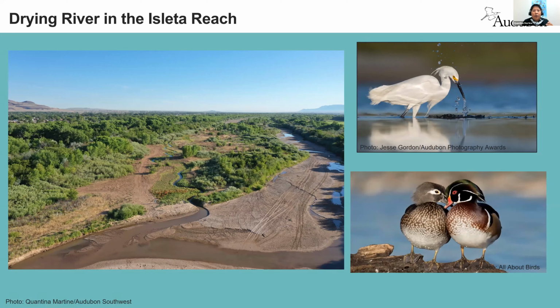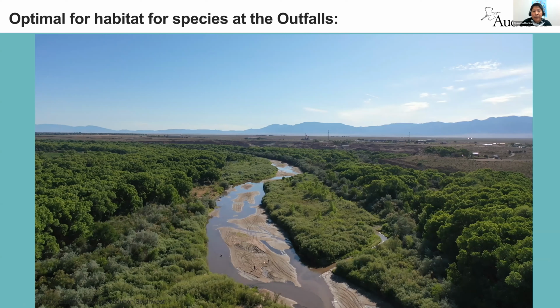This is a photograph of Los Chavez, and this was taken a few weeks ago. So what is great habitat for bird species within the Middle Rio Grande, the Isleta Reach? This photograph can tell you everything about what is optimal habitat for these species. You have really great overstory, these old cottonwoods. You have really great understory, which is these willows. And then you have water. That's probably the most important thing, is having water within